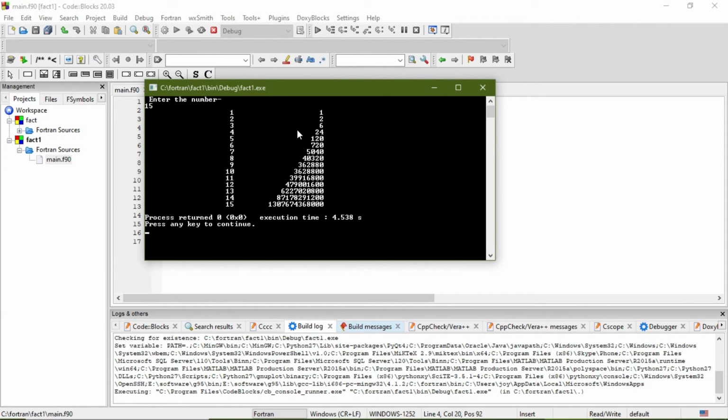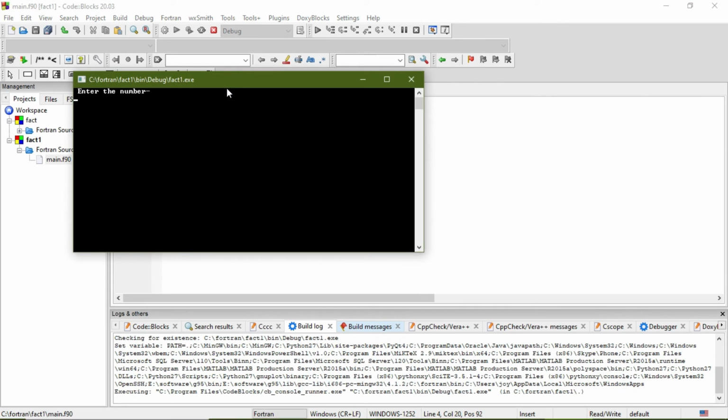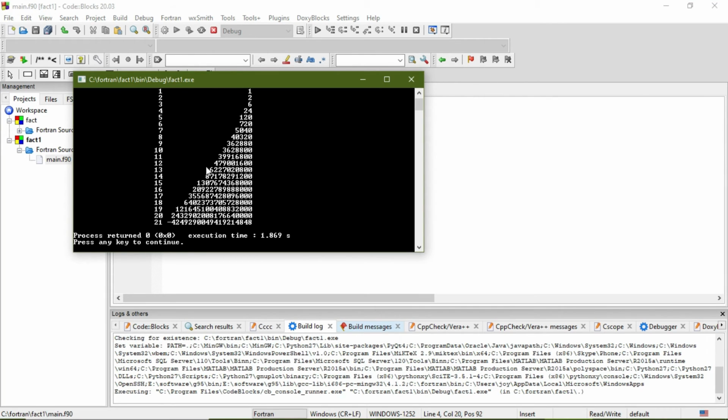As you can see, now the answer is accurate. It gives the value up to 15. Maybe it will break if we put 21. Yes, it gives the value up to 20, then it breaks and generates a negative or random number.